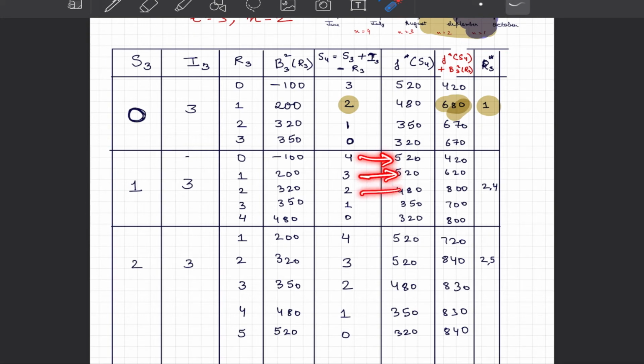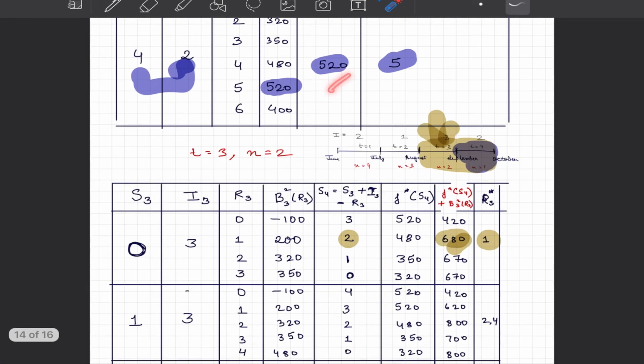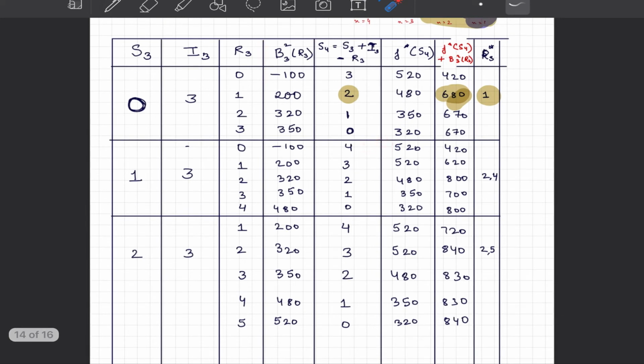We populate that gain table. Corresponding to S4 equal to 4, our maximum gain was 520, so we write 520 directly. So is the case for 3, 2, 1, and 0. And then we add this 520 with 100, 520 with 200, 480, 320, and this is where Bellman's principle is coming into action. That is, we stand there without worrying about how this is equal to 1 or this is equal to 0. In each of these rows, we are maximizing the gains given that this state is given, and we are able to see the entire system downstream.